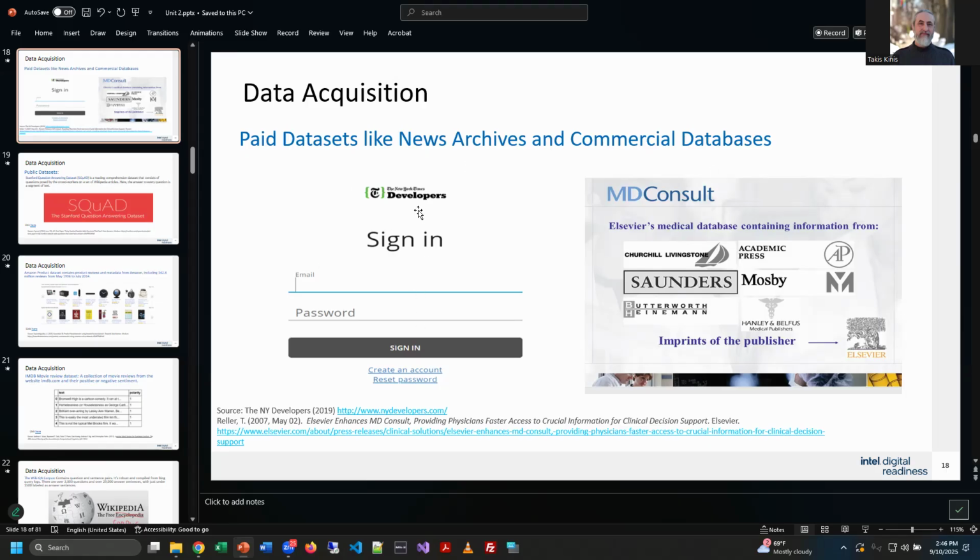The other example, the screen on the left here, you notice the New York Times developers sign-in page. If I wanted to extract data from the New York Times, they probably don't take kindly to you scraping their articles, but they'll give you access to whatever data they've collected. They do statistics, they do charts and graphs, so where is that data? Well, it's accessible to developers, but once again, you've got to pay for it, right? If you really want that quality data, and we assume their data is quality, you must pay. So that is a thing, right?